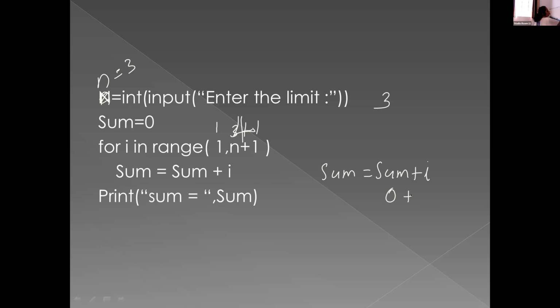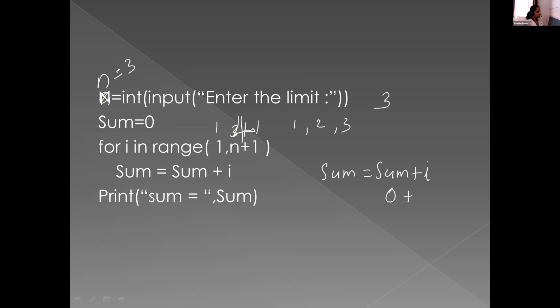Then, what is the value of I? Range of 1 comma 4 means what? Range of 1 comma 4, what is the result? 1, 2, 3.